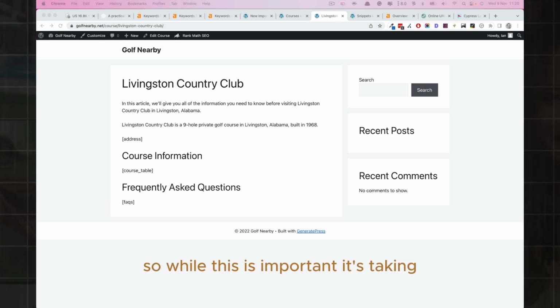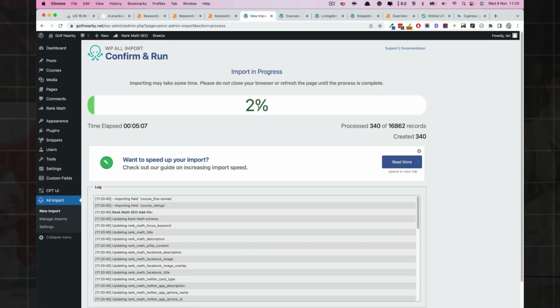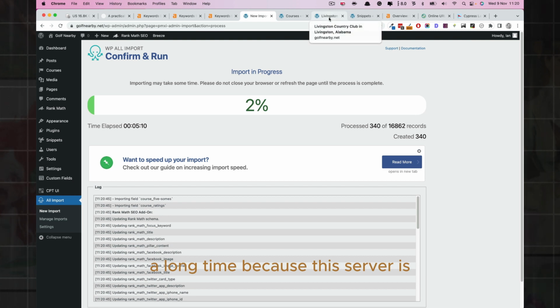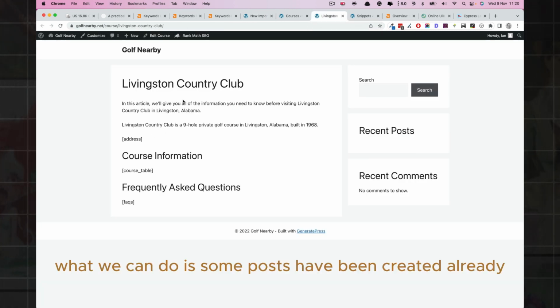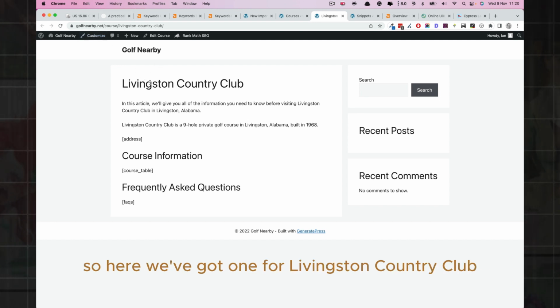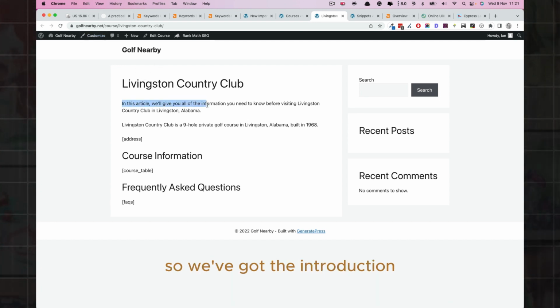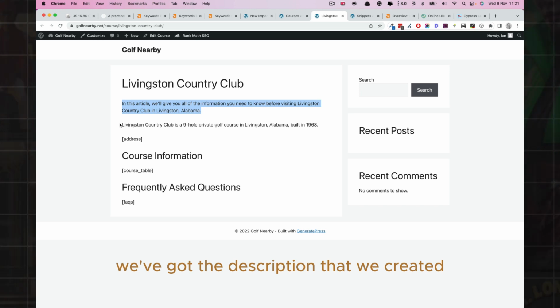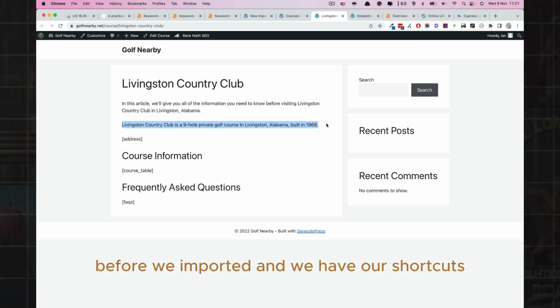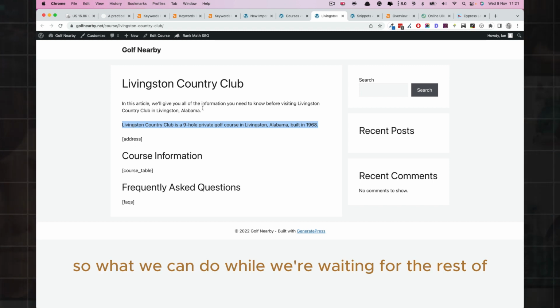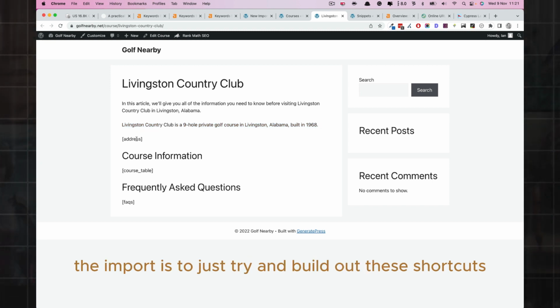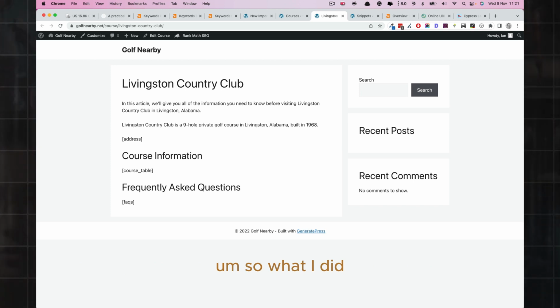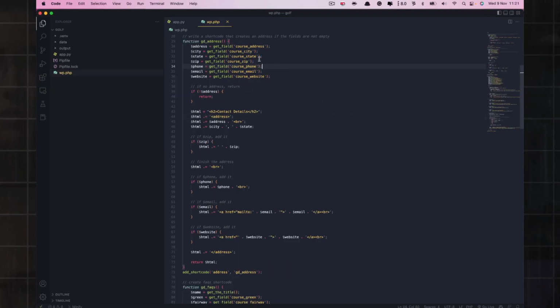Okay, so while this is importing, it's taking a long time because this server is nowhere near as good as my Mac. But what we can do is some posts have been created already. So here we've got one for Livingston Country Club. So we've got the introduction, we've got the description that we created before we imported, and we have our shortcodes. So what we can do while we're waiting for the rest of the import is to just try and build out these shortcodes. So what I did is I wrote this simple